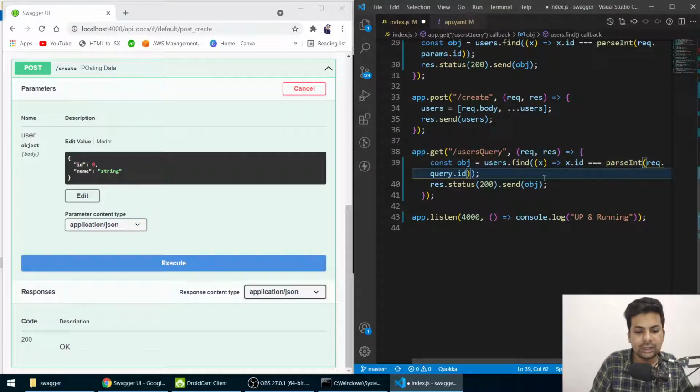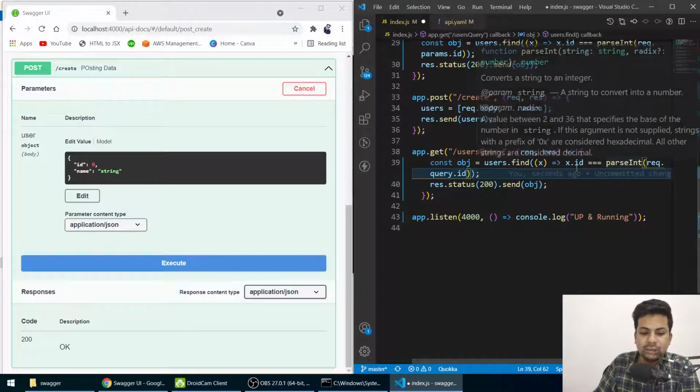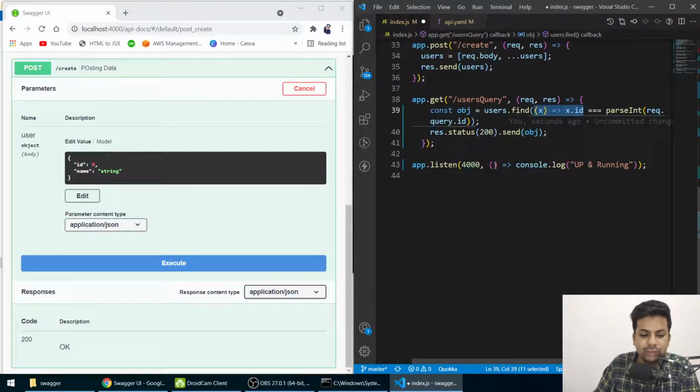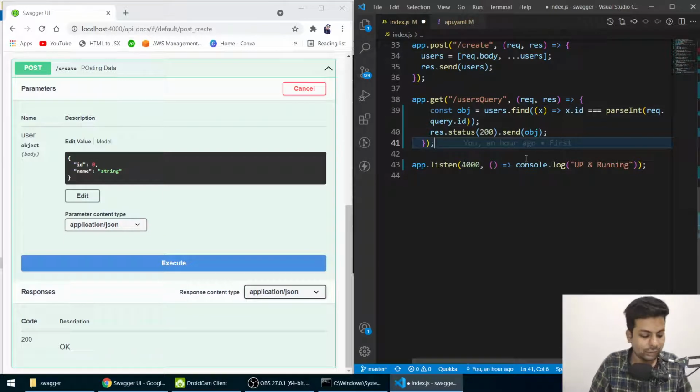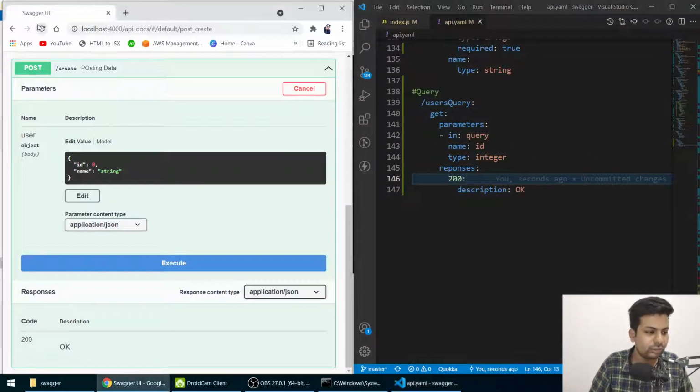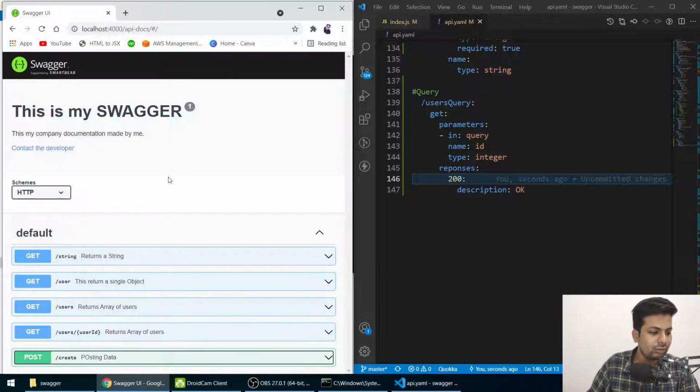Okay, same thing, query will come in request.query.id. I'll parse it into an integer, then I'll find from the users what the id of the user is and send back the object. Okay, so let me save it here also. Let me reload this. So see, now we got the, okay, see, that's what I'm going to tell you.